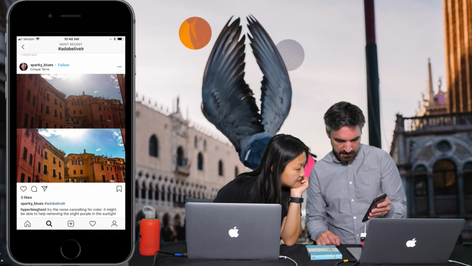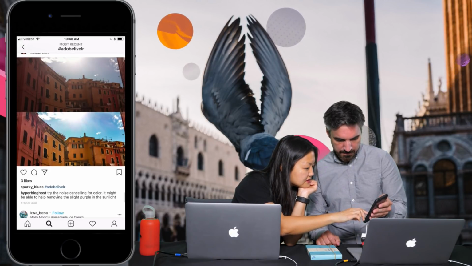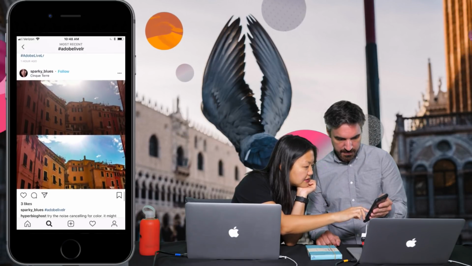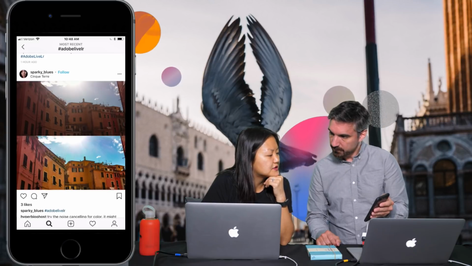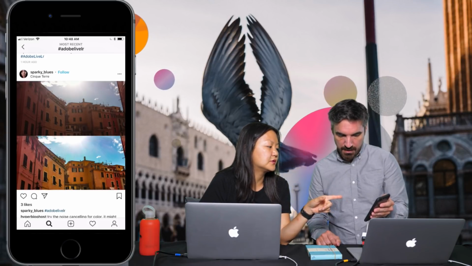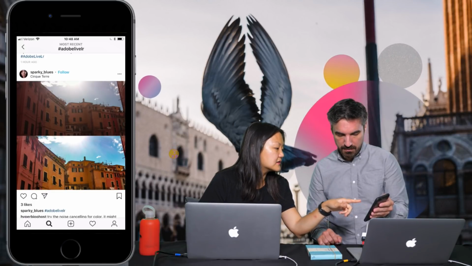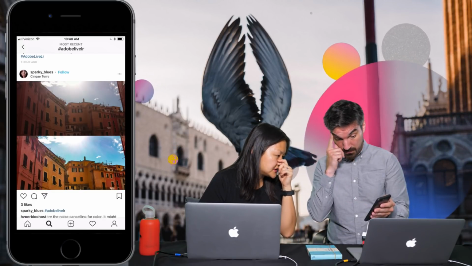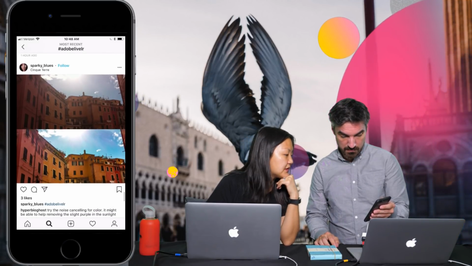Try the noise cancelling for color. Oh, that's a suggestion. It's a good trick. Yeah, for sparky blues. There's also enable lens correction. I don't know if that would help with some of the purple fringing, chromatic aberration. This is not classic chromatic aberration, but it could still help with the purple fringing. So you could pull down that fringing. Cool.